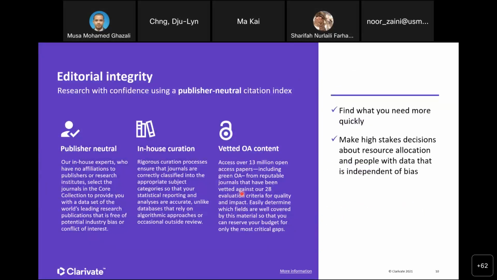So how is this content selected? It's all based off our publisher neutral selection process, meaning that for Web of Science and Clarivate, we are not publishers. We do not publish any journals. Hence, when we are selecting the content to be indexed in the Web of Science core collection, we are solely basing it on its relevance to the Web of Science researcher community and whether it has fulfilled our 28 criteria